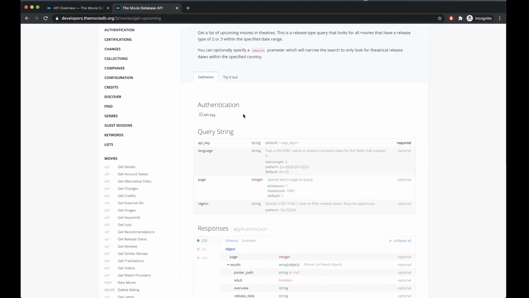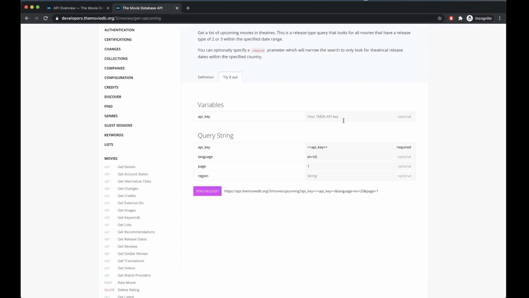And the best part is once you have the API key, just enter your API key here and send a request. If this doesn't work, if you have an ad blocker or something, simply copy that URL and paste it in your address bar in a new tab, and you will be able to get yourself the JSON response if you want to check out how it looks. Okay, this is good to get yourself